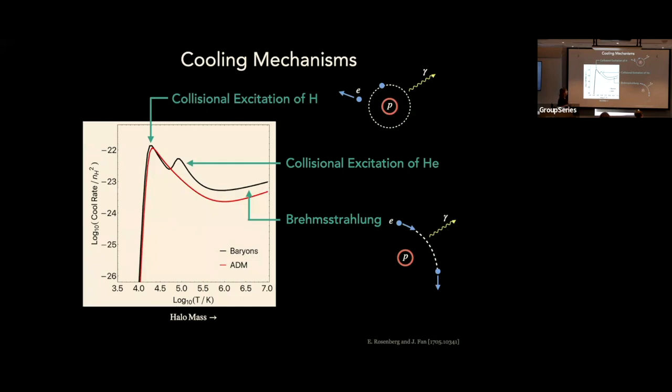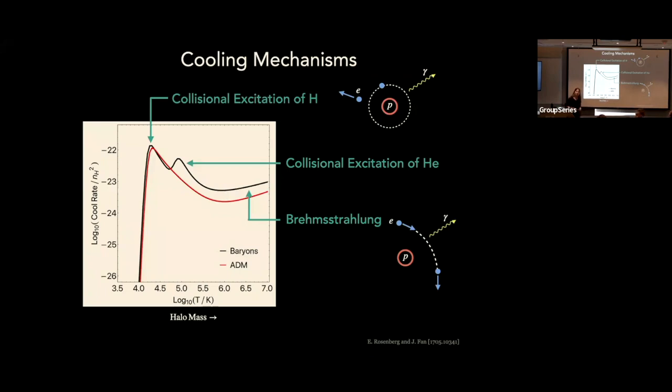There's other things that we don't have here, like we don't have any molecules. If you had molecules, that would end up adding additional cooling pieces. Like you can increase the cooling rate here and also increase the cooling rate there. We don't have any molecules, we don't have any helium, we just have hydrogen. So this is what it looks like. You can think of the x-axis here as being a proxy for your halo mass. As you decrease the size of the halo in the system, the amount of cooling changes. And then when you're down here for really small masses, the cooling just shuts off. Yeah, Kara?